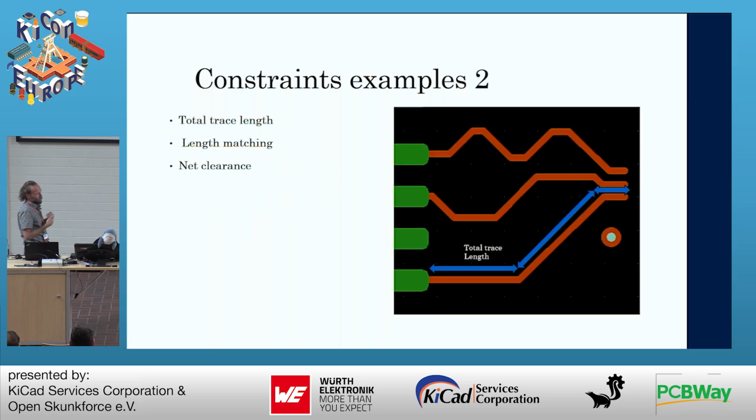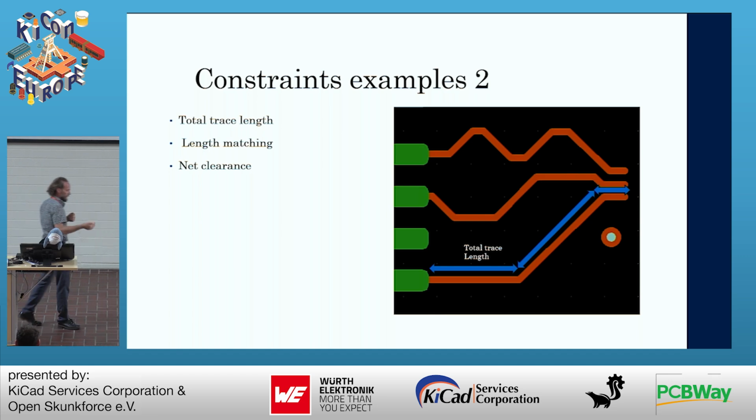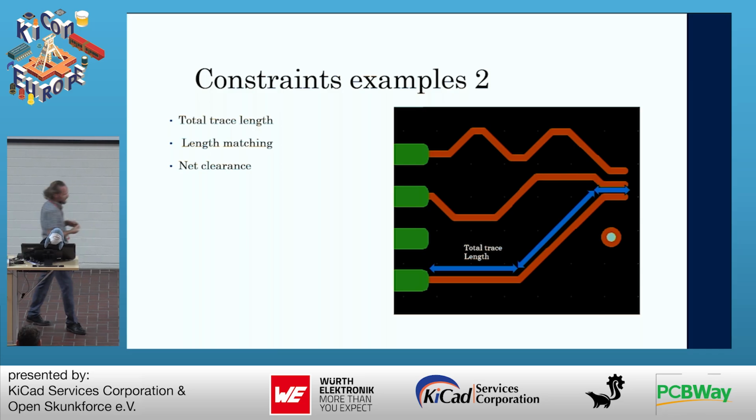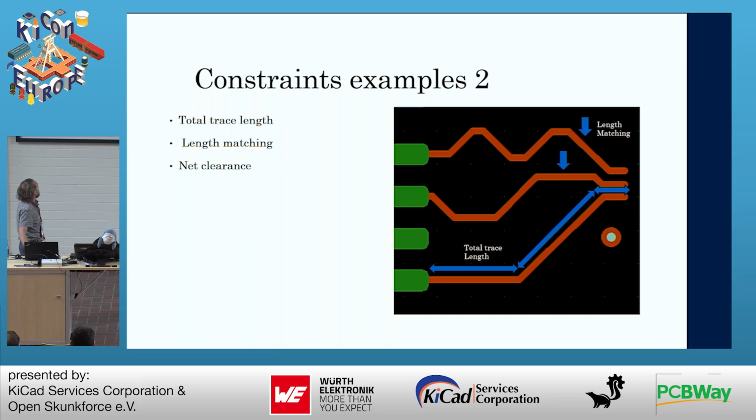You can have something like the total trace length of a trace. If you have critical timing in your design, then you might need to know exactly how long it is, or does it meet those timing requirements, and does it meet those length requirements? That's a constraint you can have in your design. Length matching between several traces is an example of a constraint where you say signals coming from one source and arriving at another have to arrive at the same time. You put that constraint in your design, and thereby you're constraining the length of those traces in order to meet that requirement. And then we have the net clearance,